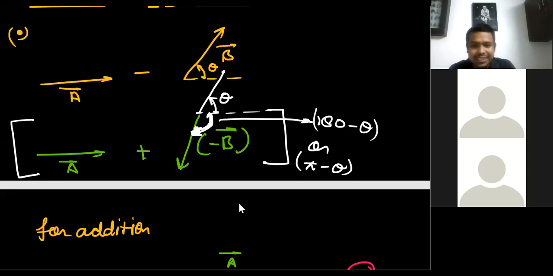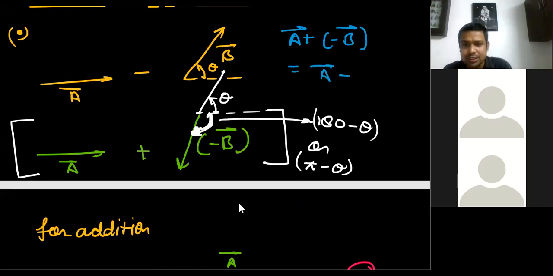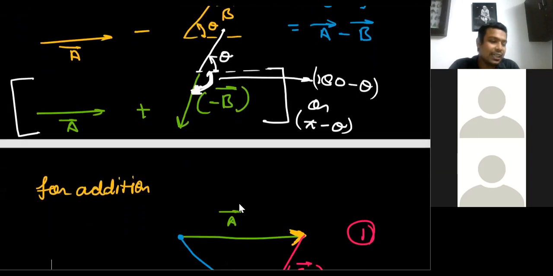So now, A plus minus vector B is equal to what? Let us think. A plus minus vector B is what? Plus minus is minus. So this is A minus B vector. Clear, my dear friends? So this is simple addition, and we know very well the vector A added with the minus B vector. We know that for the magnitude and the angle between two vectors, you can use any type of addition. Is it clear, my dear friends?